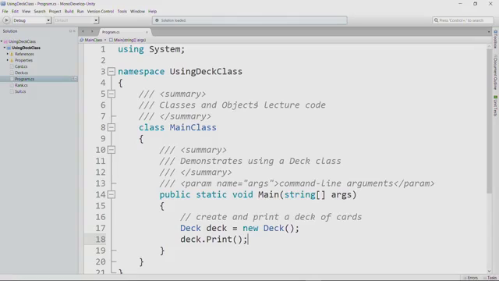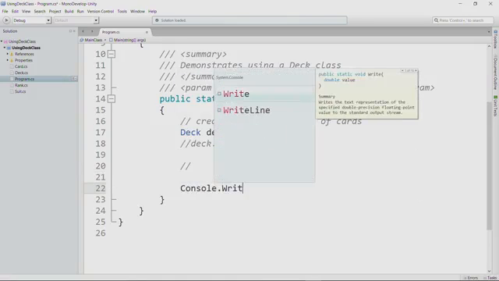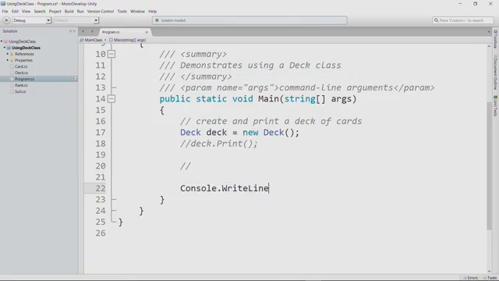We'll start with the code we ended with last time, and we'll add an access to the deck empty property, and we'll print that out as well. So I'll add a comment here, and we'll stop printing out the deck. And in fact, I'll add a blank line as well. And so here we'll say access and print